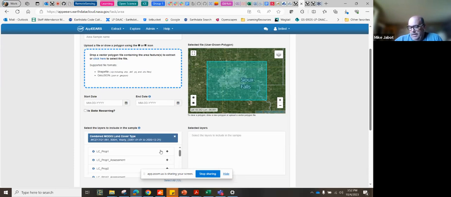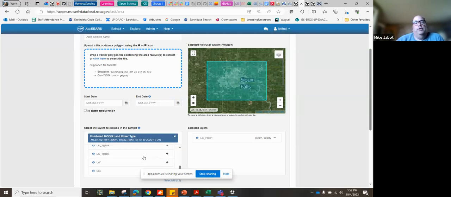I fall back on the same screwdriver, right, over and over again. I mean, I know there are probably, as new products come out, like I'm really excited about SWOT when that data comes out. I think that'll be a really interesting thing for us at the edge of the Great Lakes to look at. But